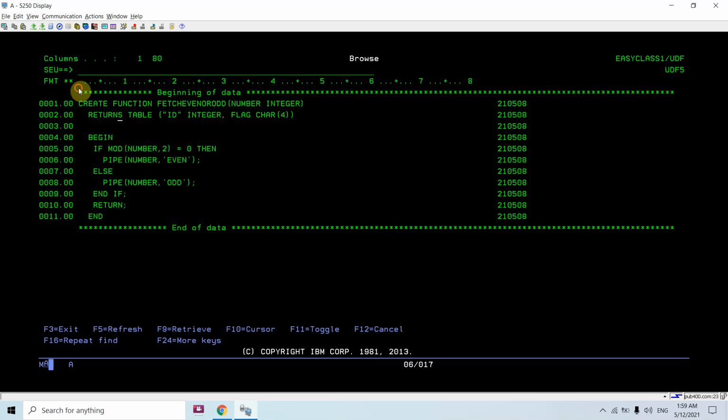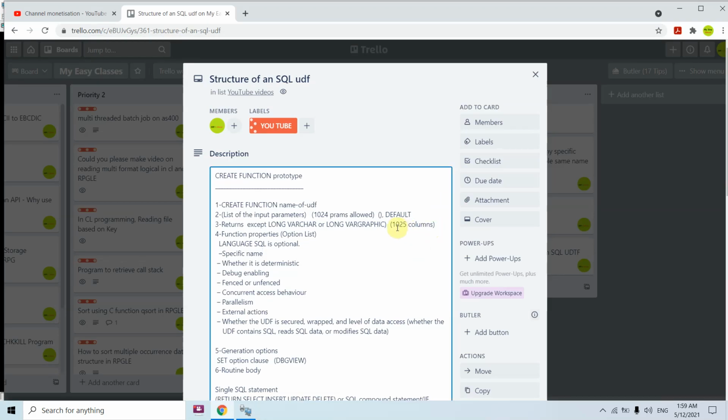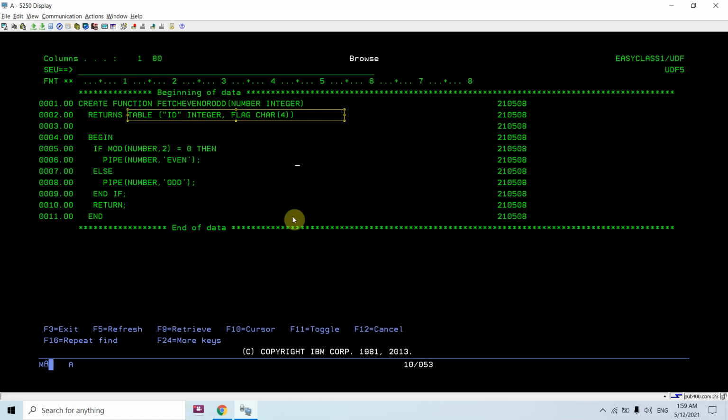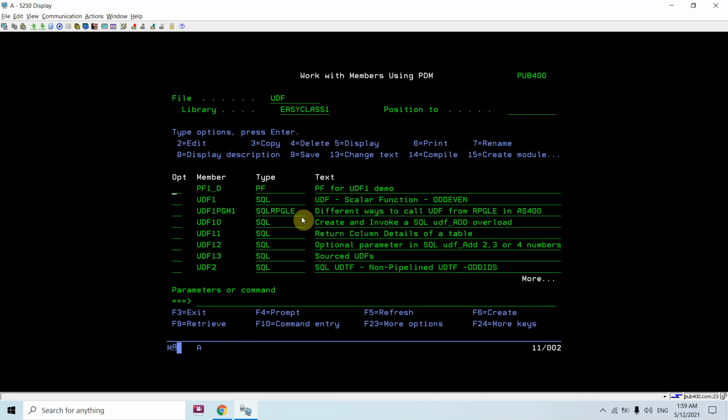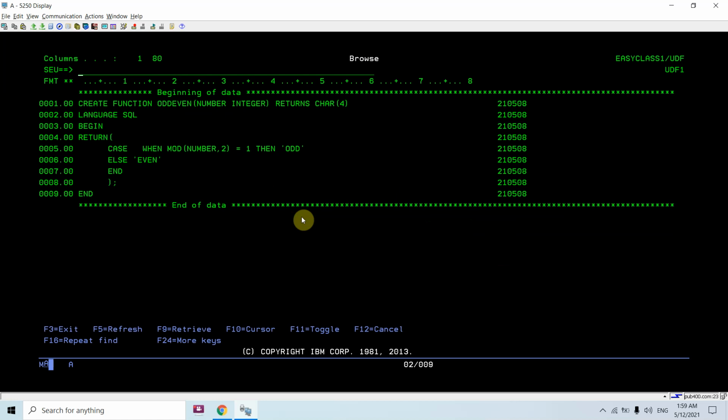If I take the example of a UDTF, this is also a user defined function, but it is the table function. The earlier one was a user defined function which returns only a data type, but here it returns a table. So you can see the difference is just in the return. Here it returns a virtual table which consists of some columns, a maximum of 1025 columns. So either it returns a data type, a single value, or a virtual table consisting of up to 1025 columns.